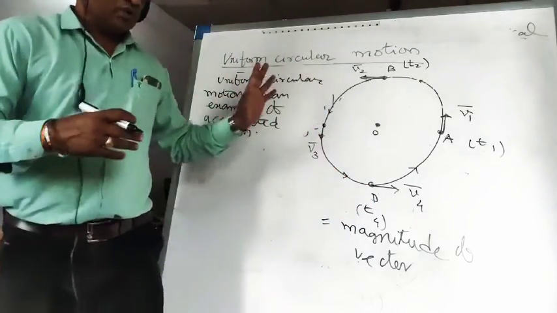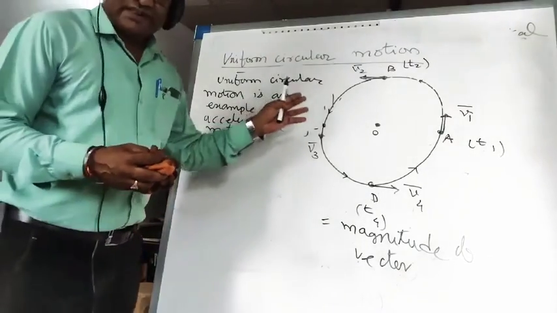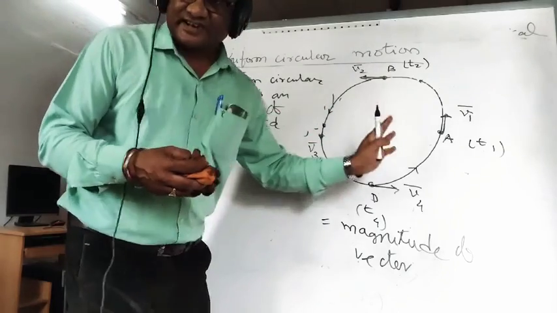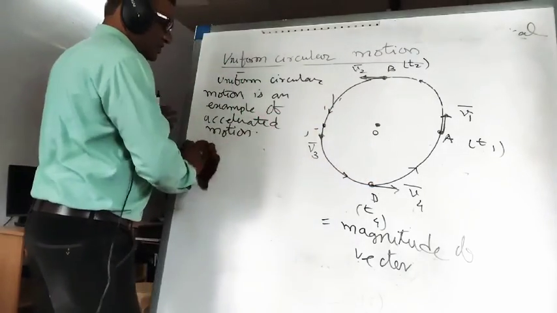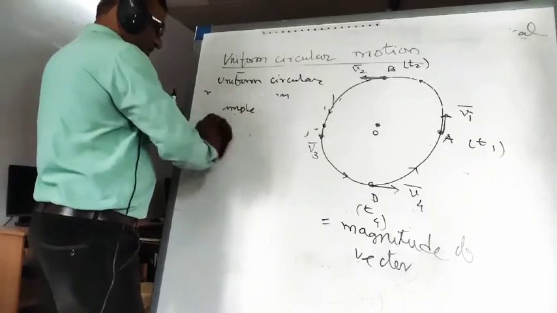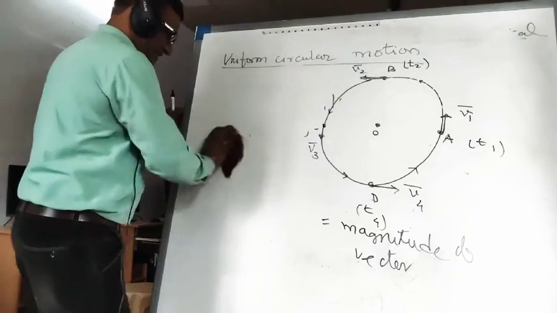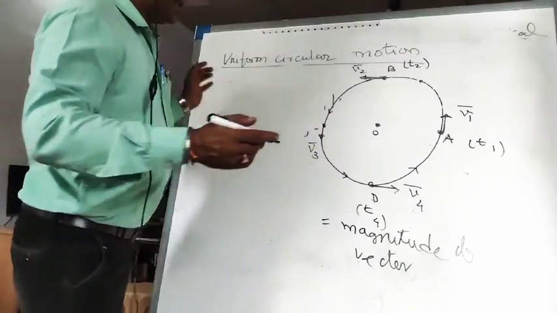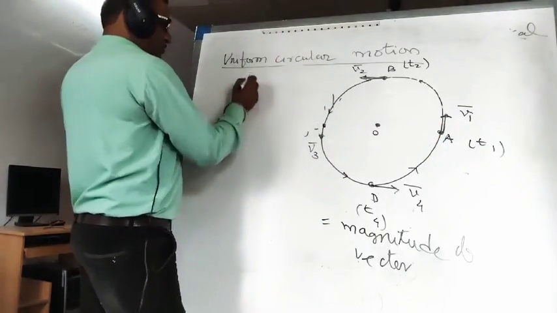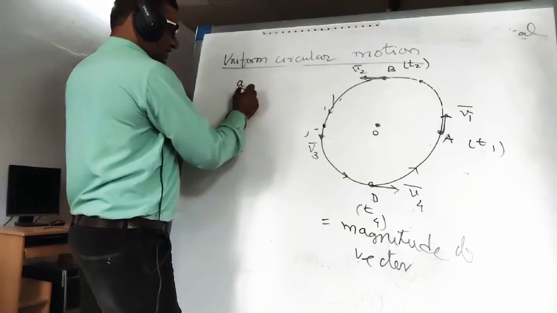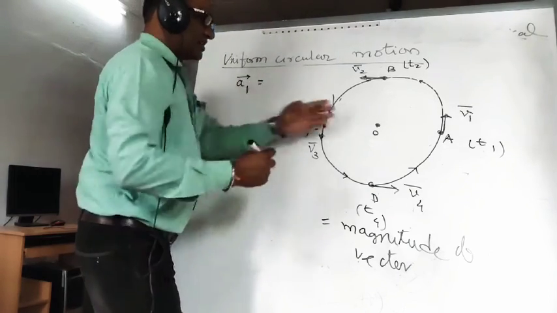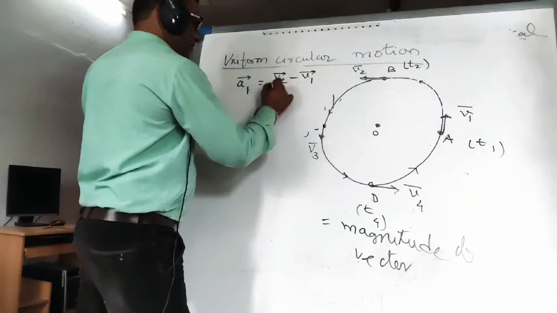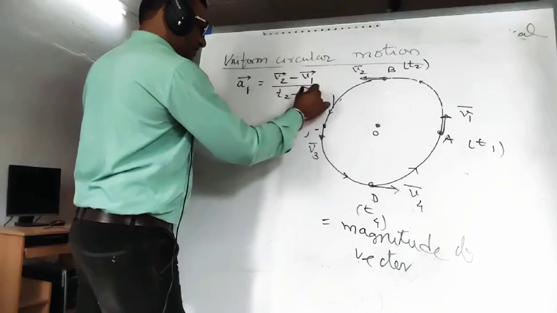Am I right? So, can you find out the acceleration of the object from time t1 to t2, the average acceleration? Yes, we can find out average acceleration, although that acceleration is constant. Okay? That acceleration will be constant acceleration. So, acceleration from time t1 to t2, can I say that this acceleration is a1 bar? Acceleration is v2 bar minus v1 bar divided by time taken, t2 minus t1.